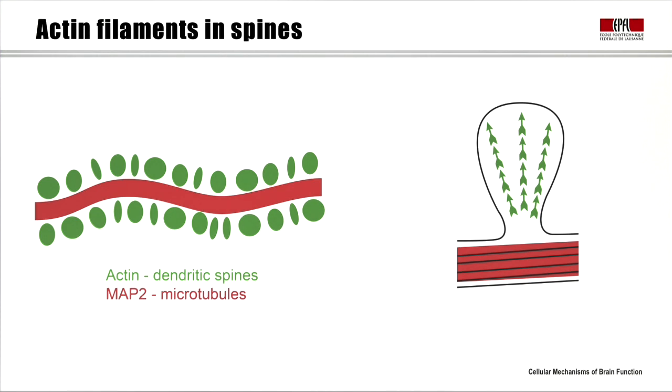They move around. And the reason that they move is because of actin. And so if we now look at a piece of dendrite that's schematically drawn here, and we imagine it's stained for microtubules, MAP2, or for actin, then we see that the main parent dendrite is full of microtubules, stained here with MAP2. But the spines that decorate this are full of actin. And actin is an extremely